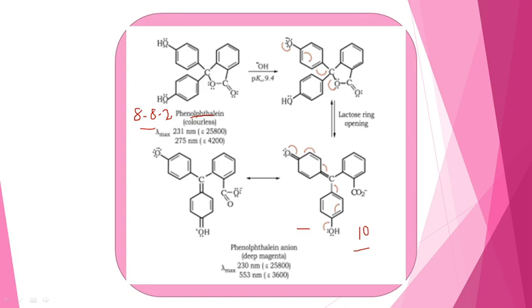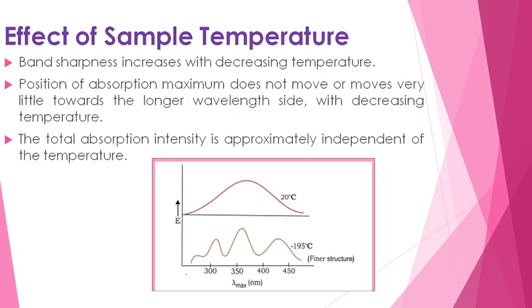So that's why you are getting the color. Initially it is colorless. After the reaction with the base, you get the color. Color imparting means a chromophore in combination with an auxochrome, resulting in the generation of color, as a result of the increase in pH. So this is also one example explaining that as pH increases, lambda max also increases.